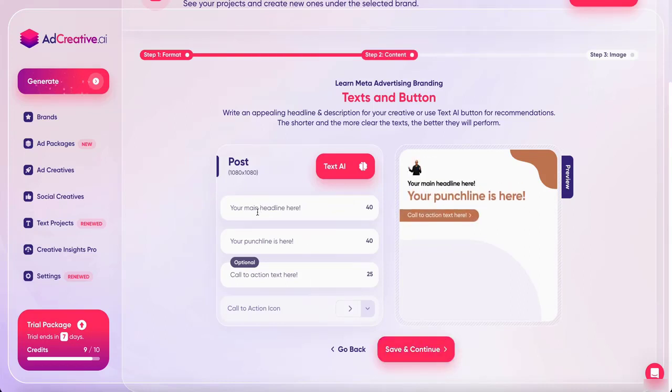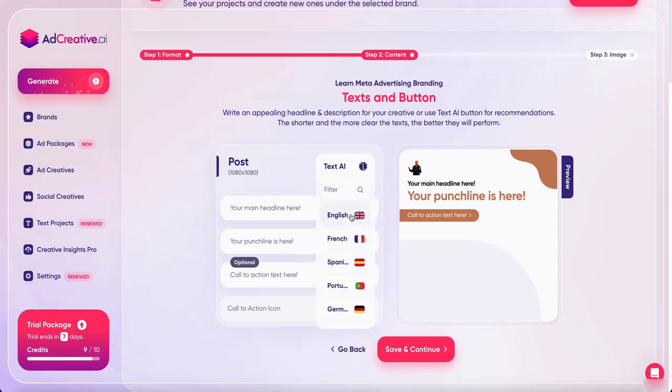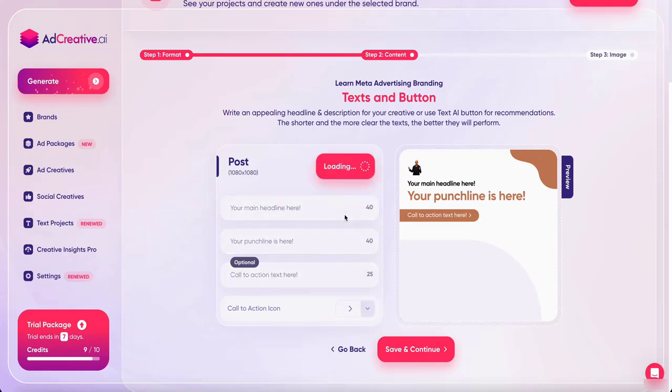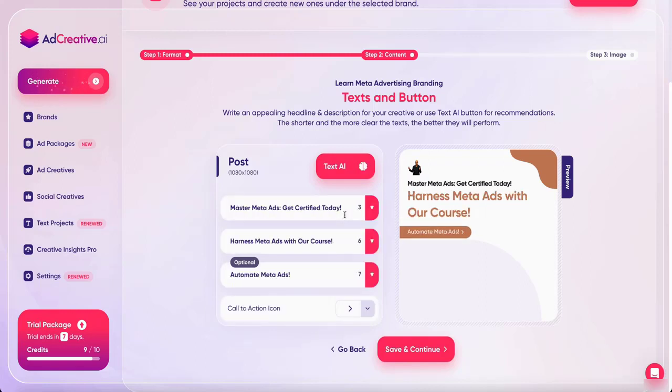Then we shall have a headline, punchline, and a call to action, so we can just ask AI in the language we want. It can even do Czech, but we can just ask for English, and it will generate some ideas.